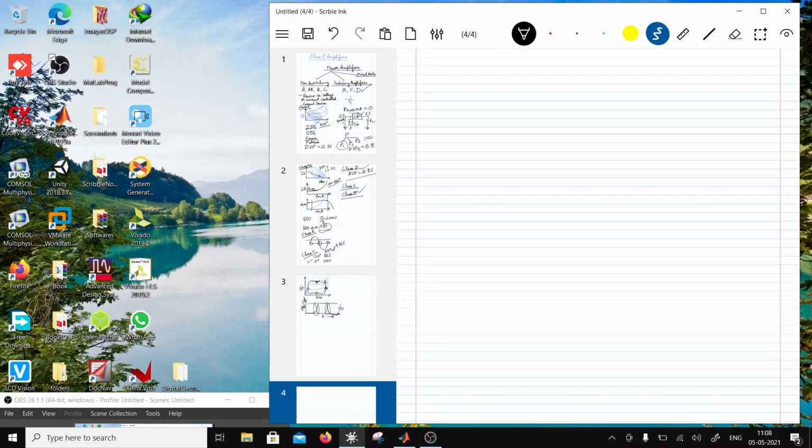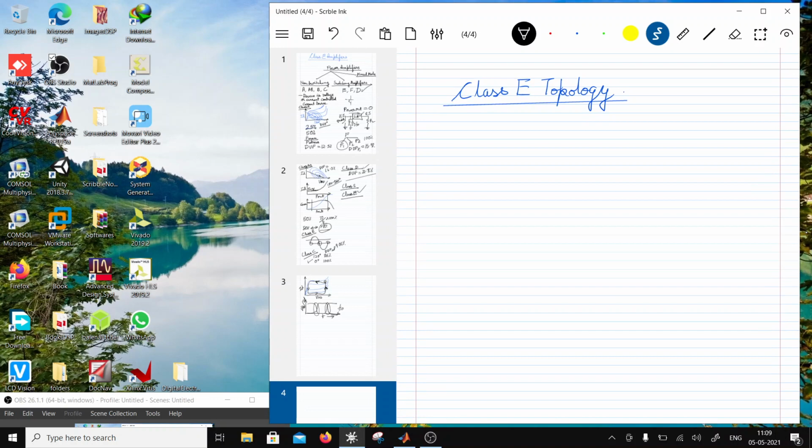Let me just first draw a class E topology. A class E amplifier consists of a switch and a supply. Let's say this supply is VDD, and then there is what is called an RFC. This is an ideal choke. It has zero resistance at DC,